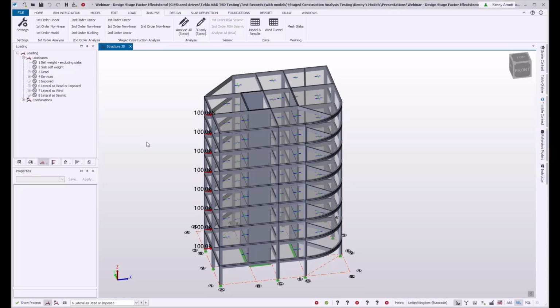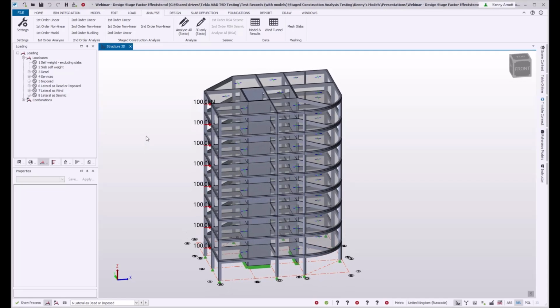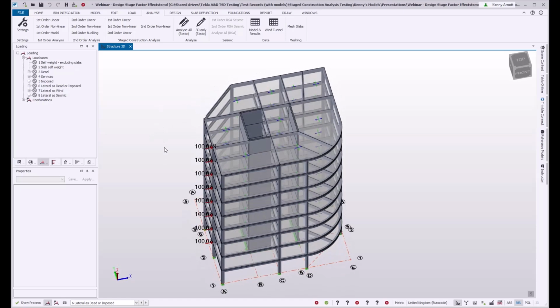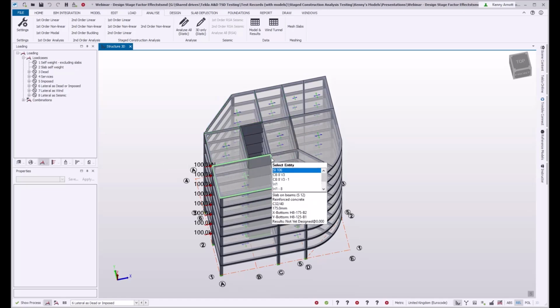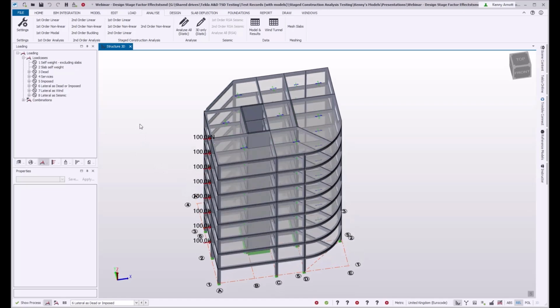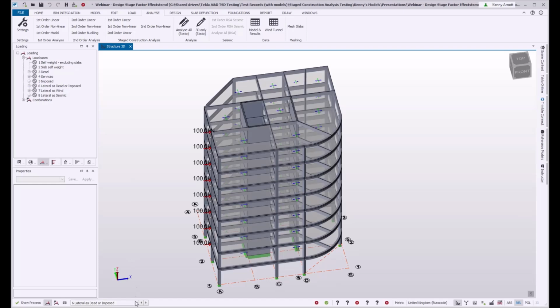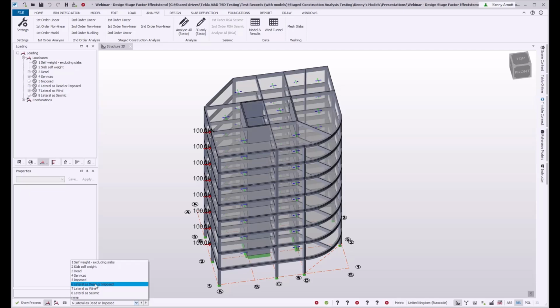In this example, I've got a simple model where for lateral loading cases, I've got a simple set of loads of 100 kilonewtons applied in one direction, slightly offset to the core, and so it's going to cause sway and twist. And I've actually created 3 load cases with different names, but exactly the same load. So one where I'm modeling this lateral load, I'm going to classify it as dead load, one where it's wind load, one where it's seismic load. So in terms of loading, it looks identical.